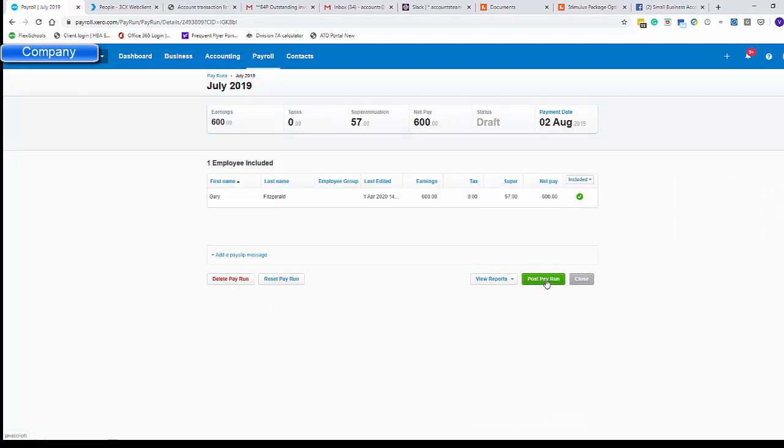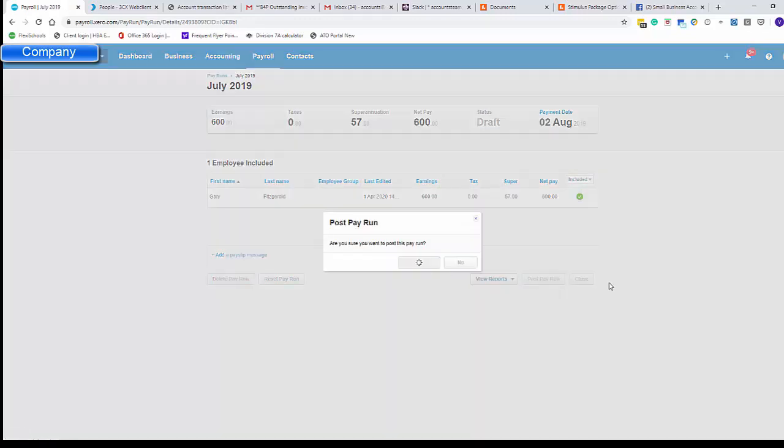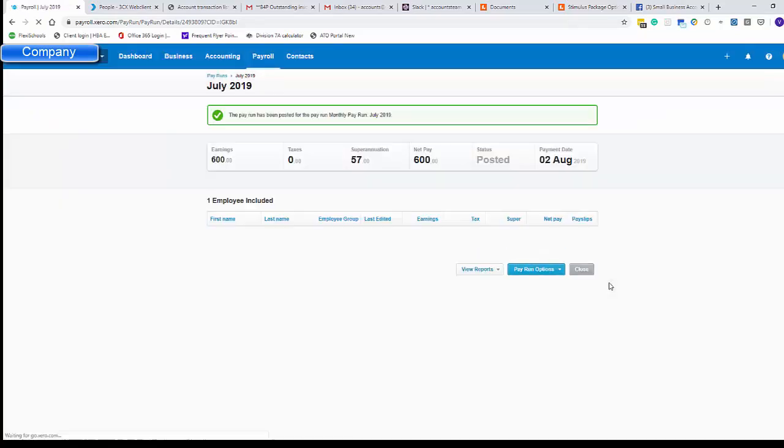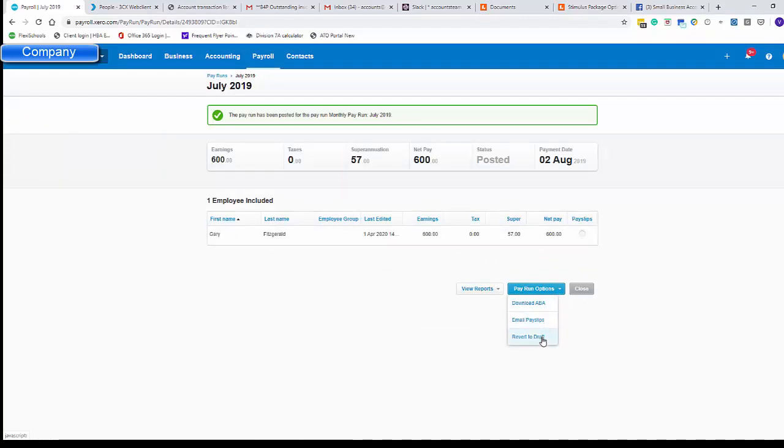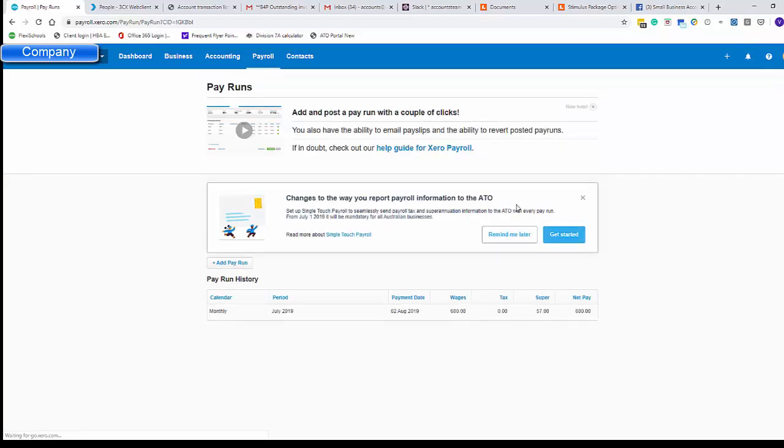Now, posting the pay run will mean that it's there for posterity. It can be edited if you need to change it before you file it with the ATO, and you just revert it to draft. Okay, but the next thing that you need to do is actually register for single touch